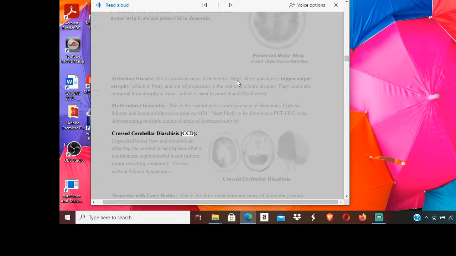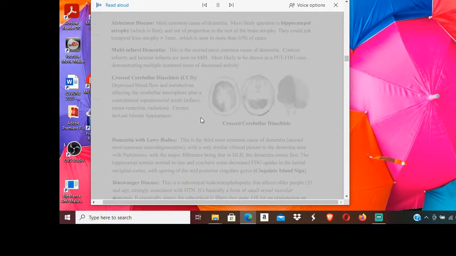CCD: depressed blood flow and metabolism affecting the cerebellar hemisphere after a contralateral supratentorial insult, infarct, tumor resection, or radiation. Creates an ant mini appearance, cross-cerebellar diaschisis. Dementia with